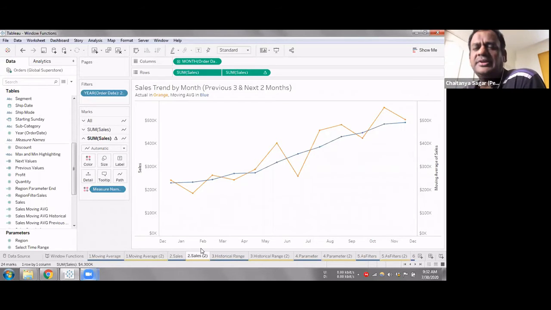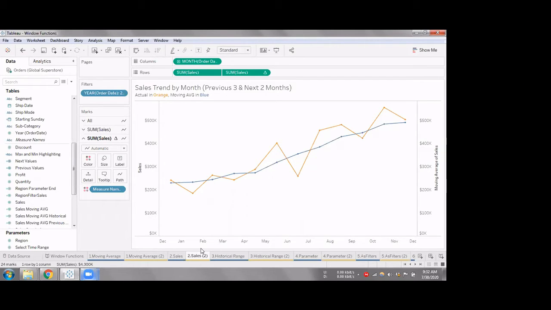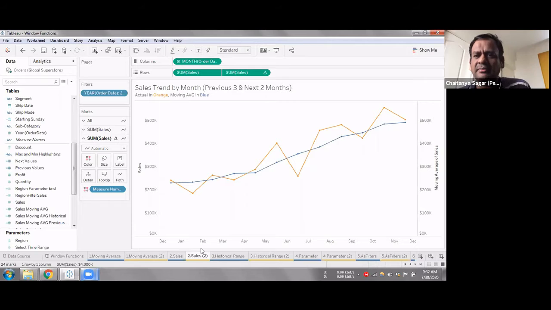So yeah, the question was, I was just trying to think of the use case you had in mind when you would have a moving average for the last 3 months and the next 2 months. Typically, it's trailing, right? So I'm just trying to understand. Any use case that you had in mind when you said last 3 months and the next 2 months?